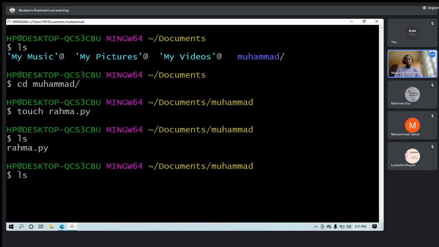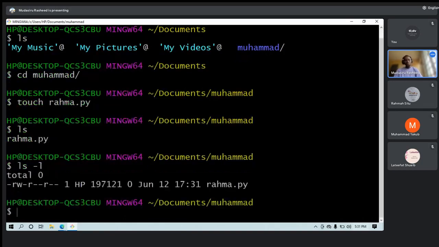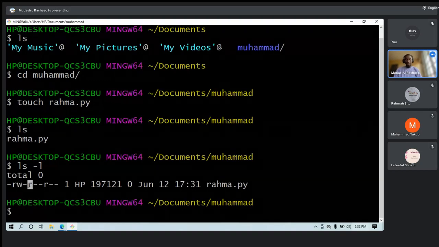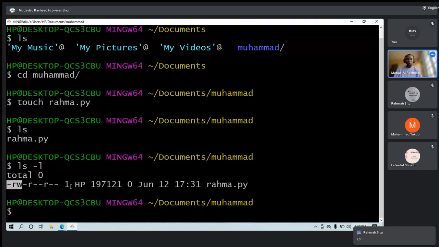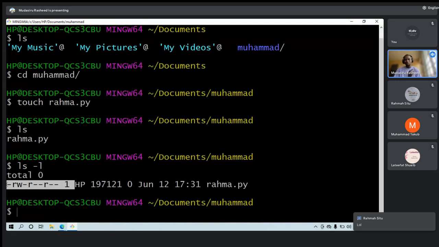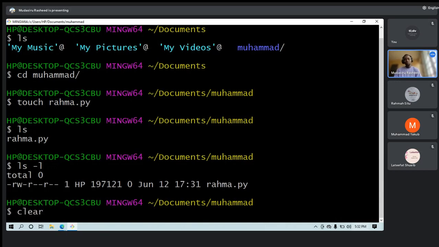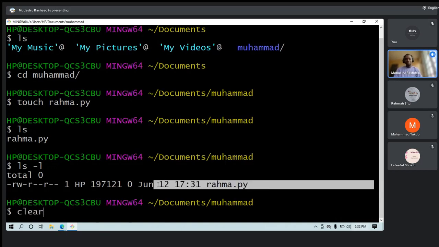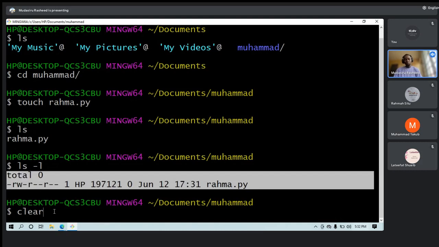Okay, I want to check the permissions I have on this file I created. I can say ls -l. So now you can see I have read and write permissions on that particular file. I can read it, I can write to it, and you can see it's not an executable file. So that's why I don't see anything like x for execute there. Okay, so I think that should be making a bit of sense to us by now. So that's the file I have there.